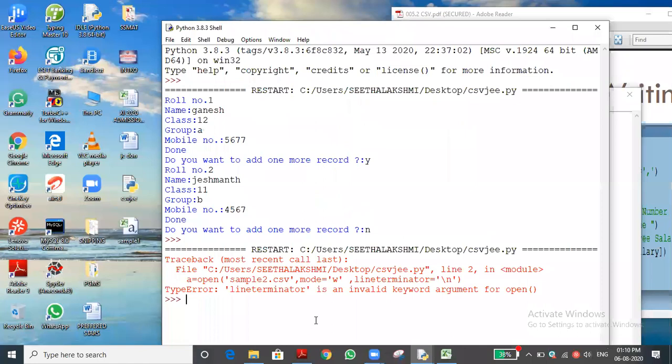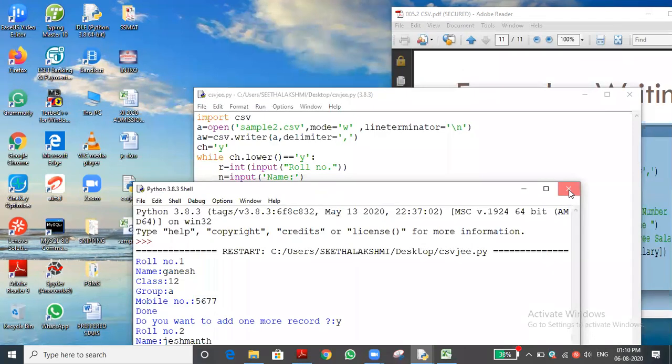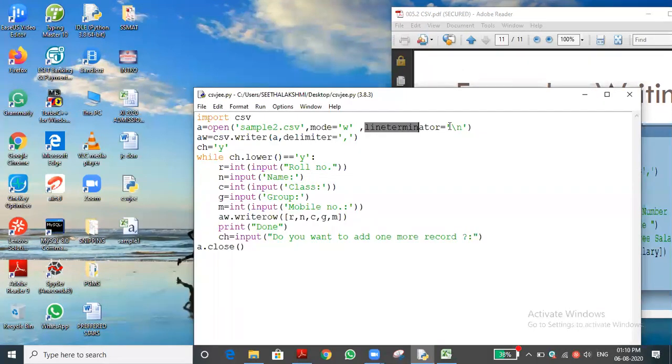So, error. I will tell you, we are opening that file now. I missed it. You can see I given that here. It is wrong. Instead of in the file object, I should give it in the writer object. That's what we discussed, the writerow function only does it. So here it is correct.